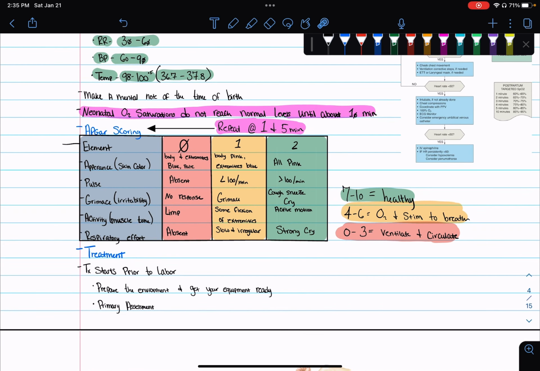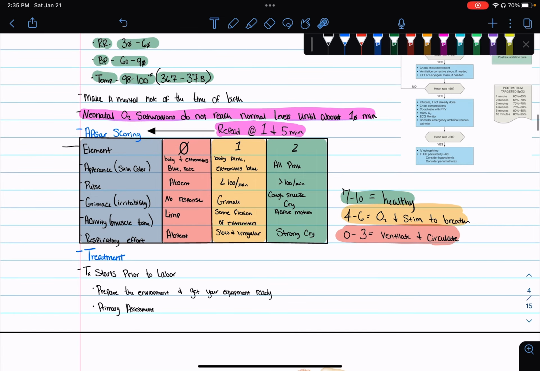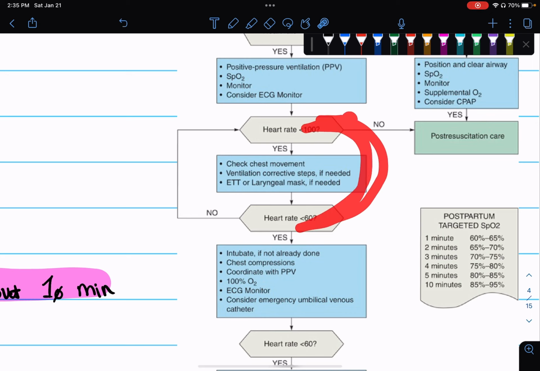APGAR, the best thing that I've seen for this is start from the top. Expect you're going to get a 10 out of 10 score and work your way down. Look for pink, above 100 BPM, coughing, crying, sneezing, active motion, strong cry. Then if you notice, hey, I don't have 100 BPM, you can negate 1 point, or the patient looks slow to me, lethargic, then bump down another one, then you get an APGAR of 8. It's hard to go 1, 2, 3, so start from the top and then negate as you find abnormalities. With our pulse, we're going to have within 100 to 60,